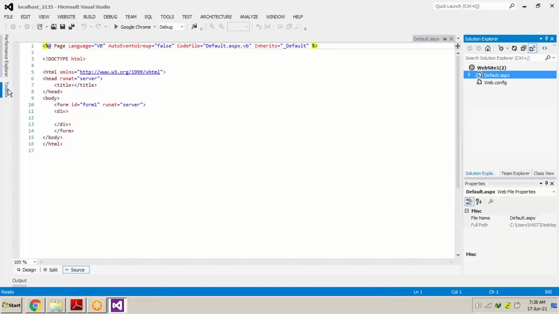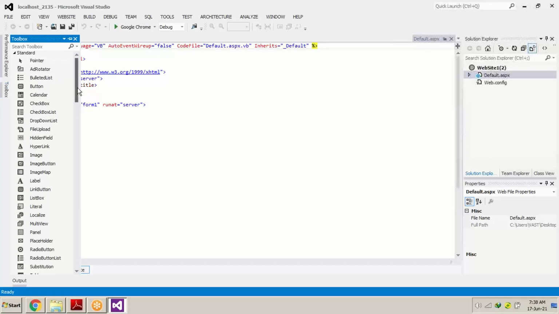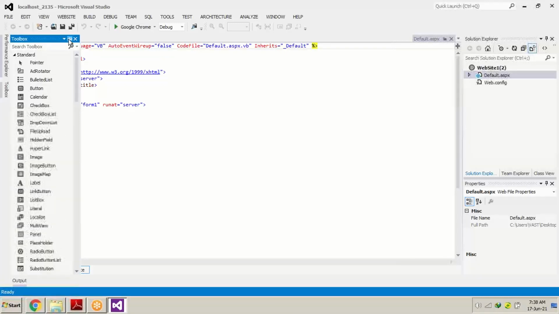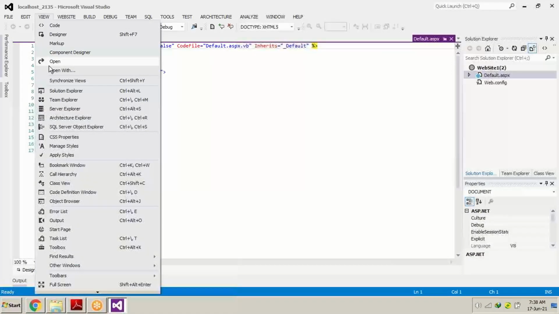Okay, so just remember, you can have the toolbox over here. It's written toolbox over here, stuck on the left side. When you click it, the entire toolbox opens. Now if you don't see the toolbox over here, don't worry. Just go to the View panel and you can find the toolbox over here also. Okay, have I made myself clear? The place from where you can pull the toolbar?